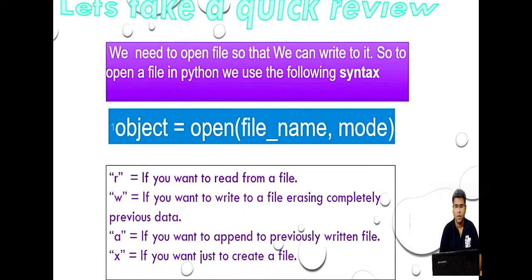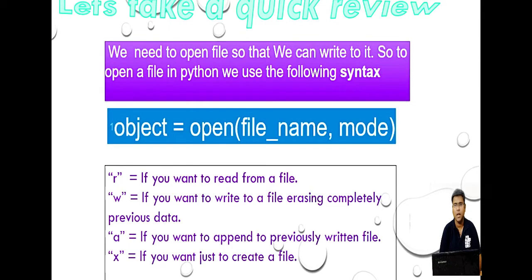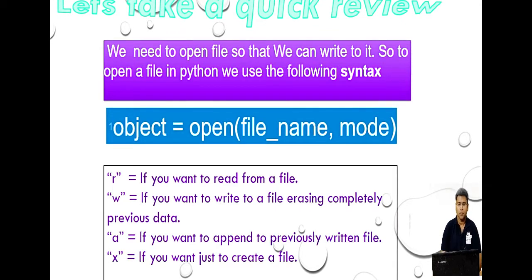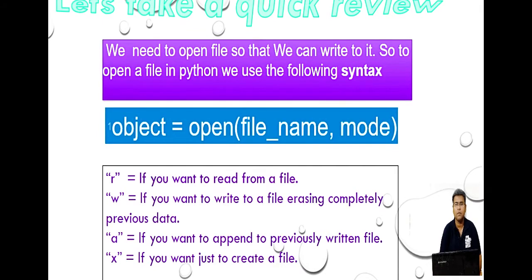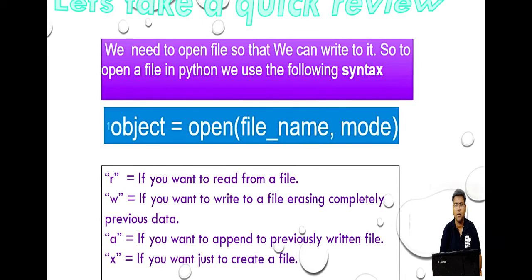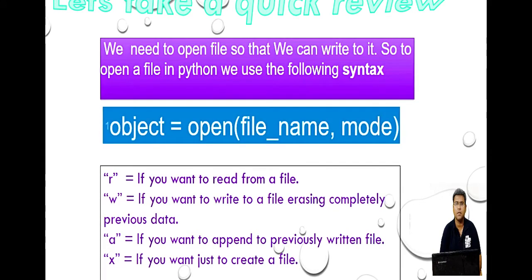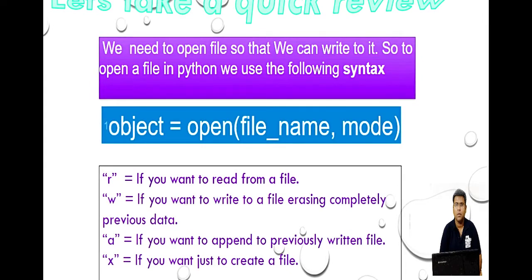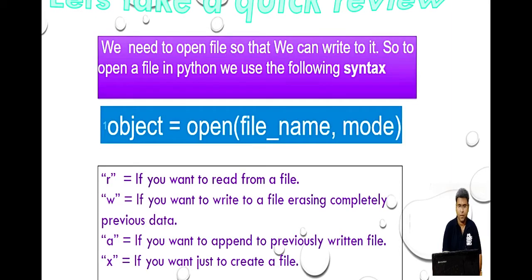Today we will do a little bit of recap and then move further, and at the end I will show you an example in practical. We have discussed various types of file. There are mainly two types of file in Python. Number one is the binary file. Number two is the text file. Previously we have also learned built-in functions like open, close, write, and readline. Today we will discuss those functions a little bit and move further. So let's start.